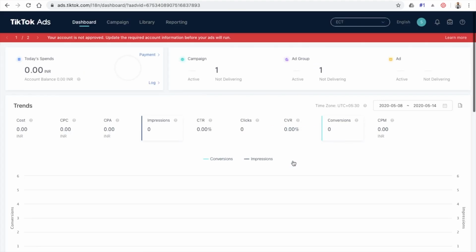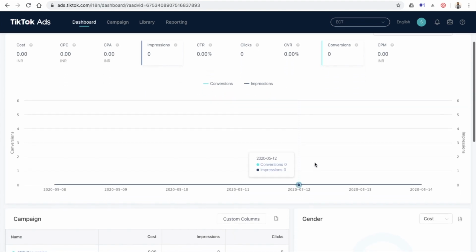This is a typical TikTok ad dashboard. On the dashboard you will see everything. So today's spend, campaign, ad group and ads, a brief summary of these three. Then trends, how much you have spent, conversions every day, right?